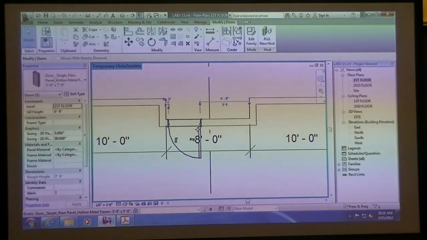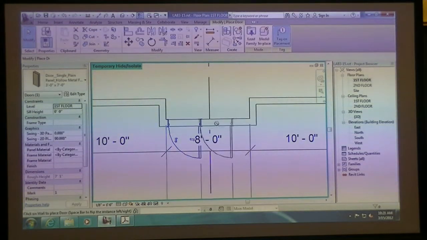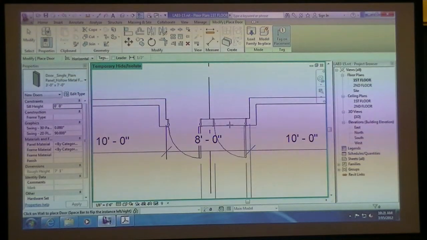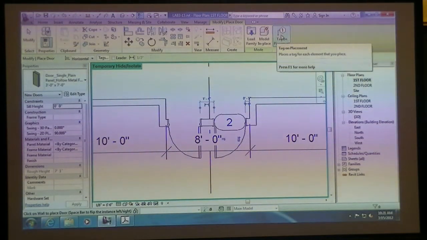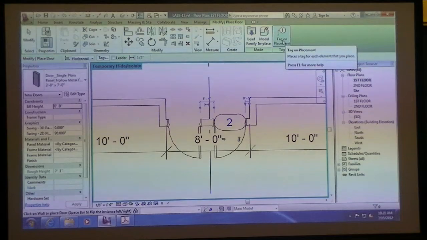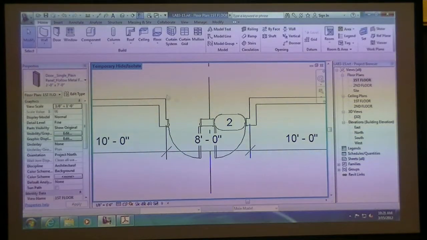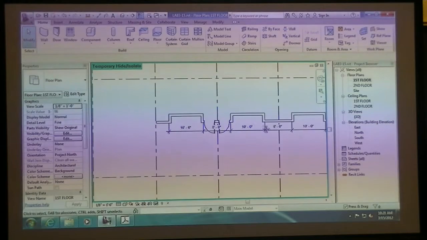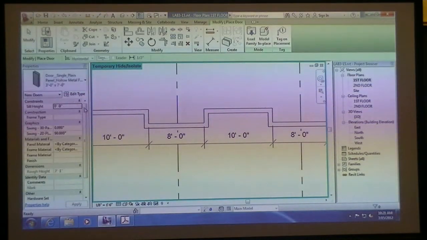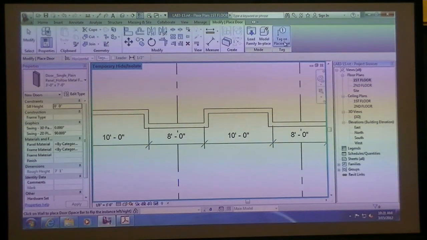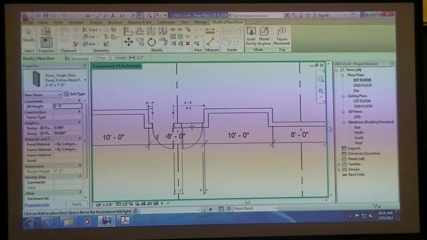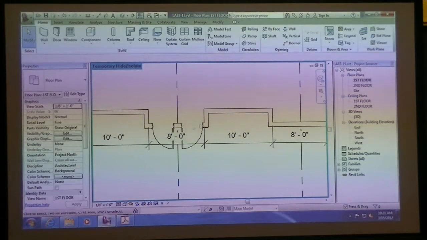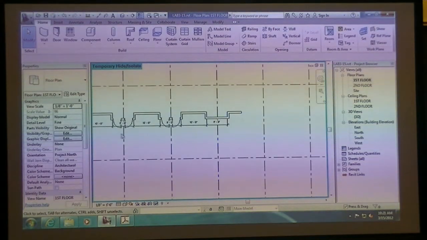So I can click on this and right click and say create similar. And I can come over to the other side here and draw a wall. And it keeps wanting to place a tag. Next time when I place a door, if I go to where it says tag on placement and uncheck that, the next time I place a door, so if I come over to this other side, I'll click on door, my tag on placement is not highlighted. And this time when I place the door, you can see that there is no door tag being